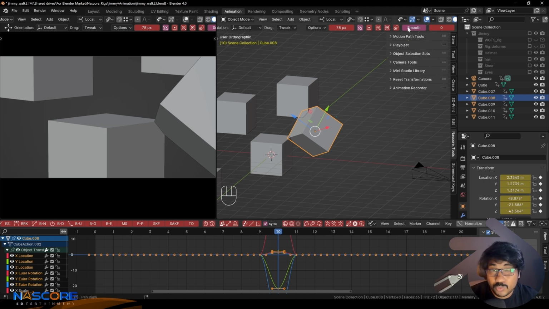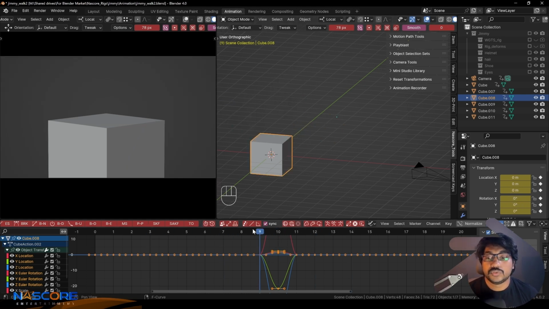And the next one is smooth. Again, I recommend you keep this always on, and also this value to be 0 all the time, so that when you grab the time slider you will get 24 fps if your rig